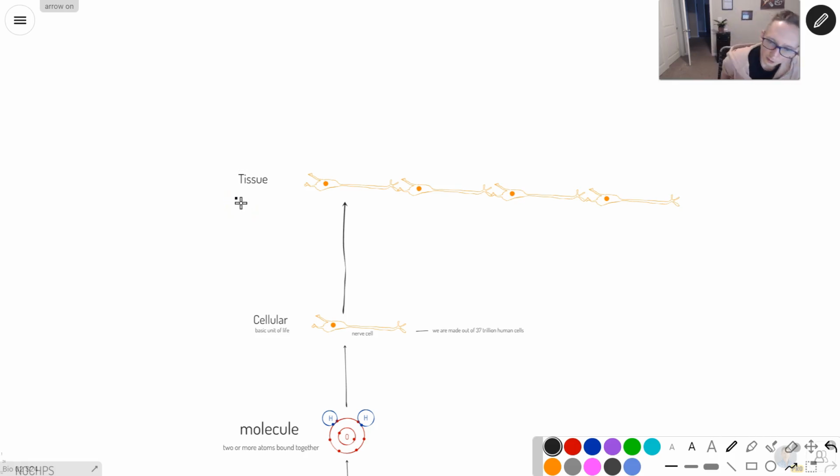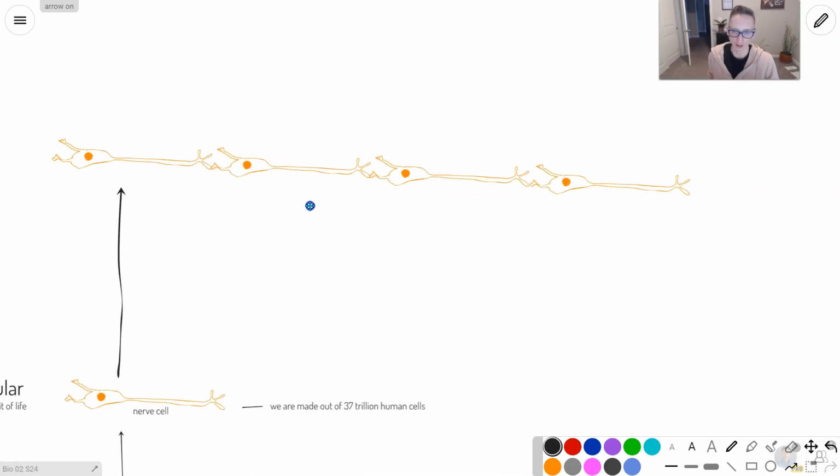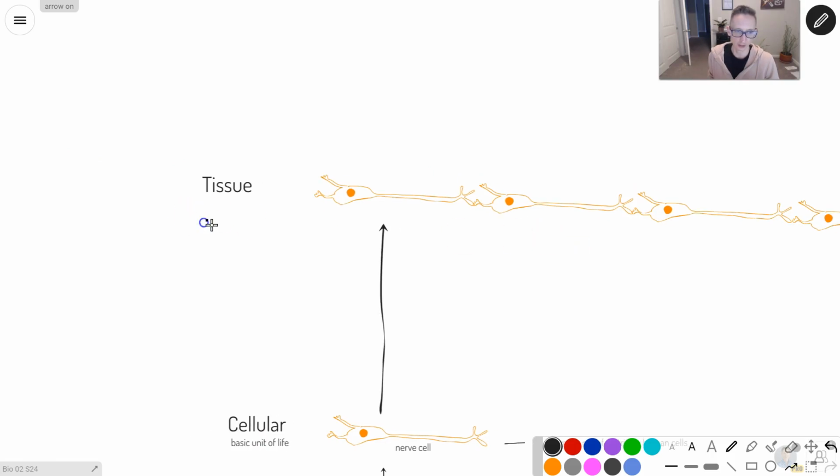And you can feel free to do this quickly. I know I just copied those and it might feel like cheating, but it doesn't have to be perfect. You can draw it quickly. Tissue is multiple types of cells coming together to perform, there's the word, a specific